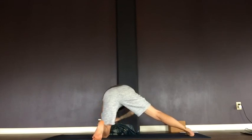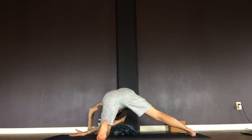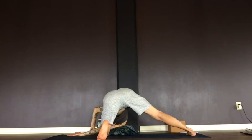blanket or your towel, so that you get a little extra height. You're going to twist underneath, bring the left hand in front, but you don't want your torso to be floating in space. So give yourself enough height that you can get down to the height. And if that doesn't work, then you can stay up for the twist a little bit and just lift the left hand up. So again, making this pose work for what you need is your contribution to the expansiveness of